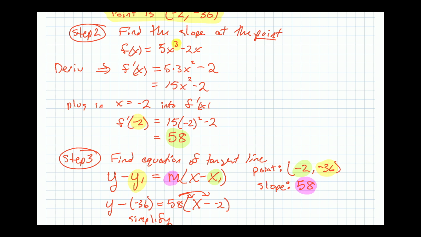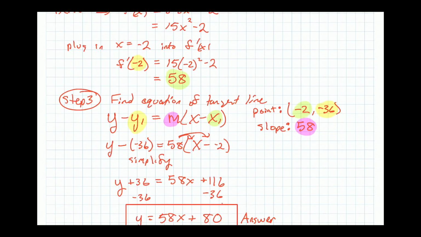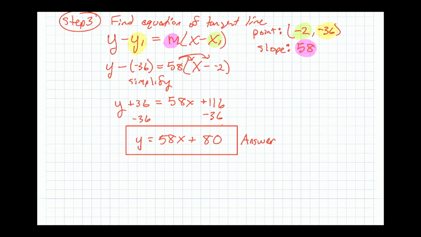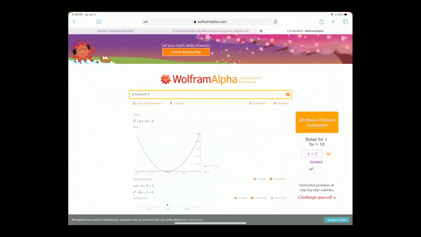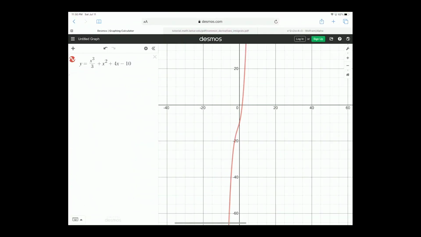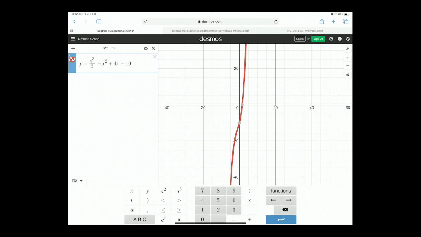All right. So the curve was 5x cubed minus 2x. The point is (-2, -36). And the line was 58x plus 80. All right, let's try it. So let's come here, Desmos. And what we're hoping is that